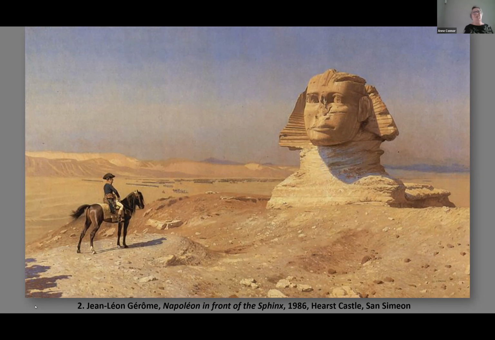And you almost have the feeling that the Sphinx is asking him the famous question: who is that person who walks on four feet in the morning, two feet in the afternoon, and three in the evening? And of course, that was the question asked to Oedipus, and the answer was man. When they're babies, they crawl on four, then you have two legs for an adult, and then an old man needs a cane, so it's three legs. But it's almost like Napoleon is questioning the Sphinx.